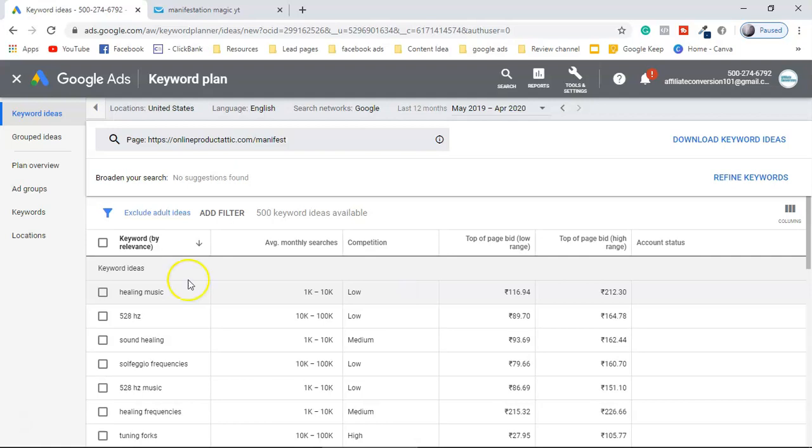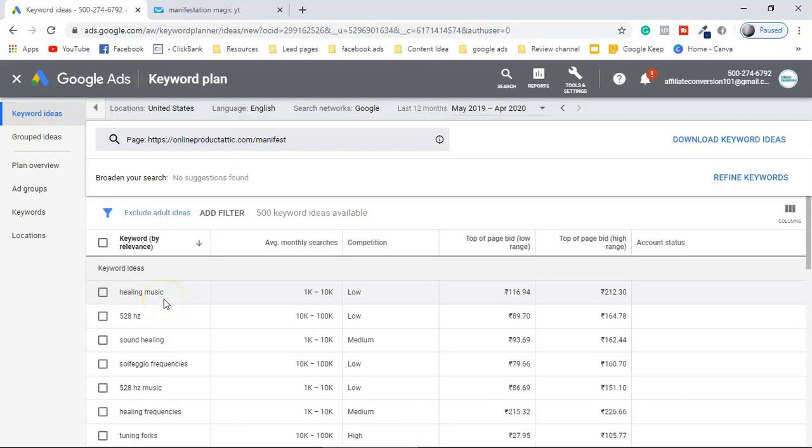And the second reason: if you use this keyword and your CPC or bidding is not according to this, chances are your ad is not going to appear for this particular keyword. For example, bidding says here the average or low range is near $1 to $2. Let's say you set up your ad at less than $1, Google Ads is not going to optimize this keyword to show your ad.